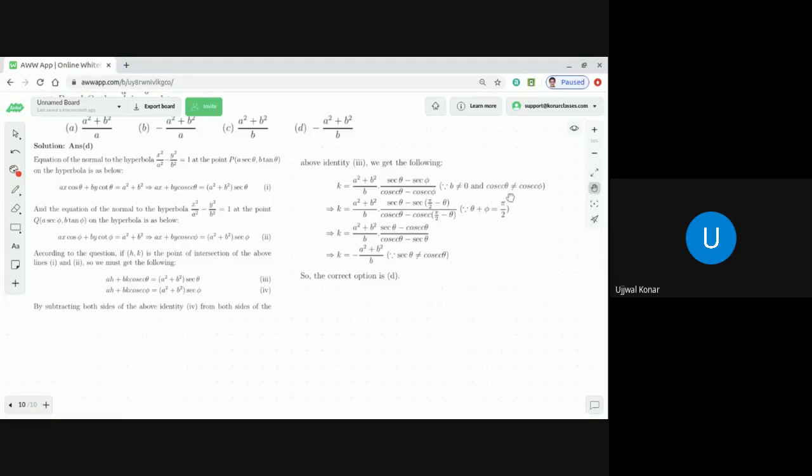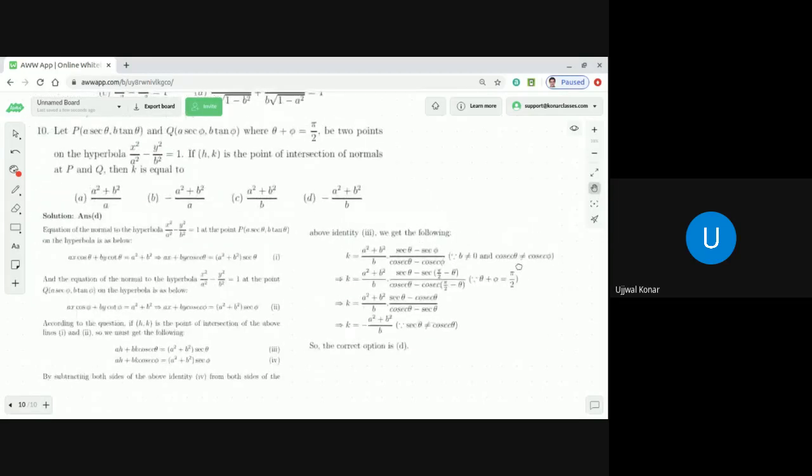First, we found the equation of the normal to the hyperbola. Now we have two parametric points, theta and phi. So you found the equation of the normal at them, as obtained in equations 1 and 2. Now, according to the question, if (h, k) is the point of intersection of these two normals,